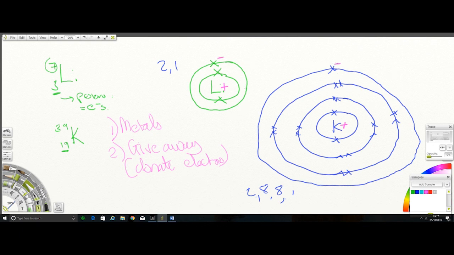So think to yourself, which one has the greater attraction? Is there a greater attraction over this distance here, or over this distance here? Of course, it's easier for there to be attraction here. So the attraction here between the nucleus and the outermost electron